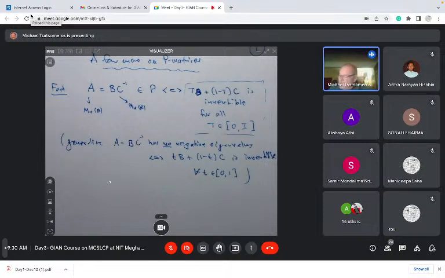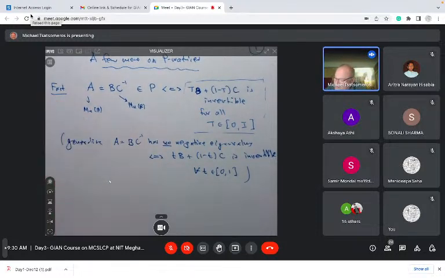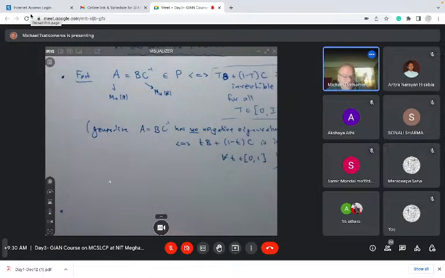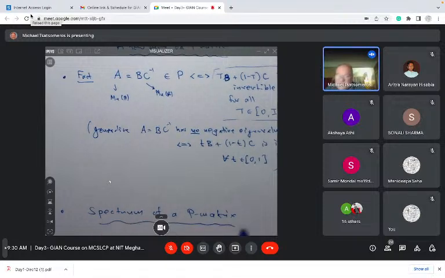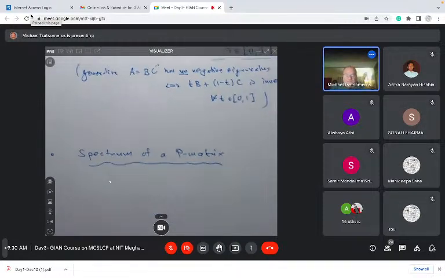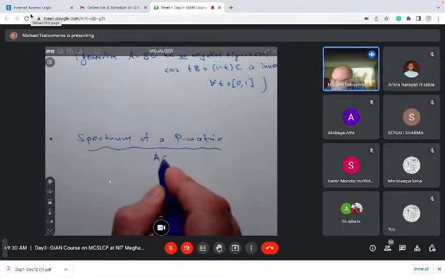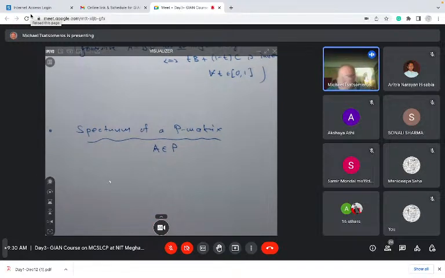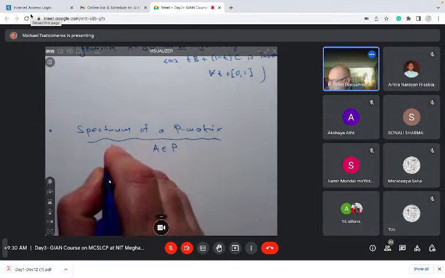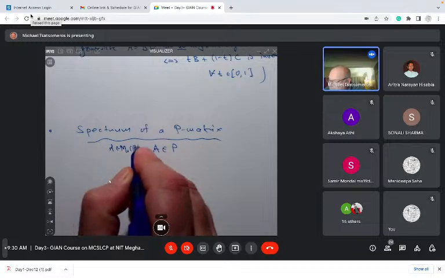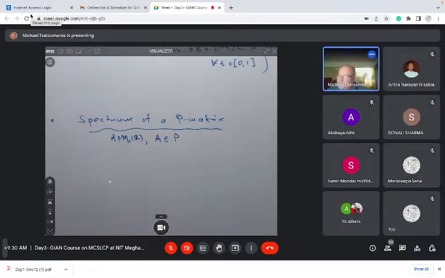Okay, so a final thing that I want to talk about, which is actually a little bit related now to this, is to talk a little bit about the spectrum, because for every class we discussed, we also examined this. What are the eigenvalues? Okay, so there's a well-known result, and they say that if A is a P matrix, in fact, we'll take it to be real. In fact, this is true about complex P matrices as well. Then